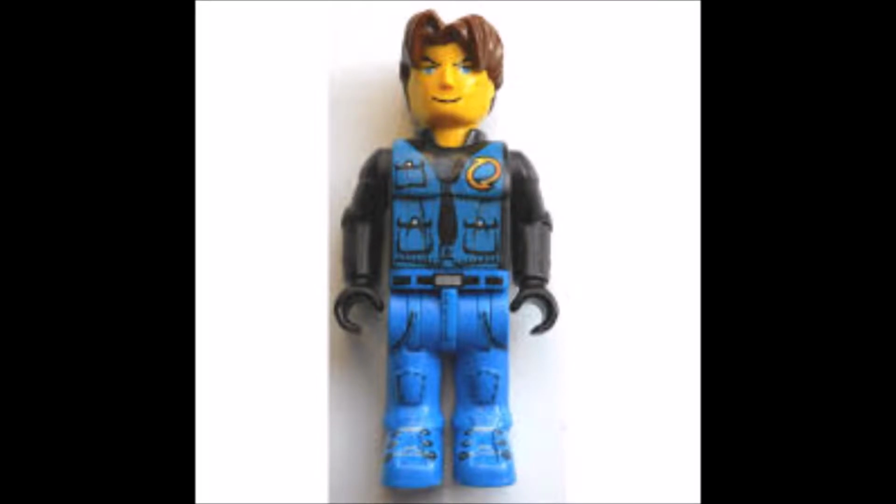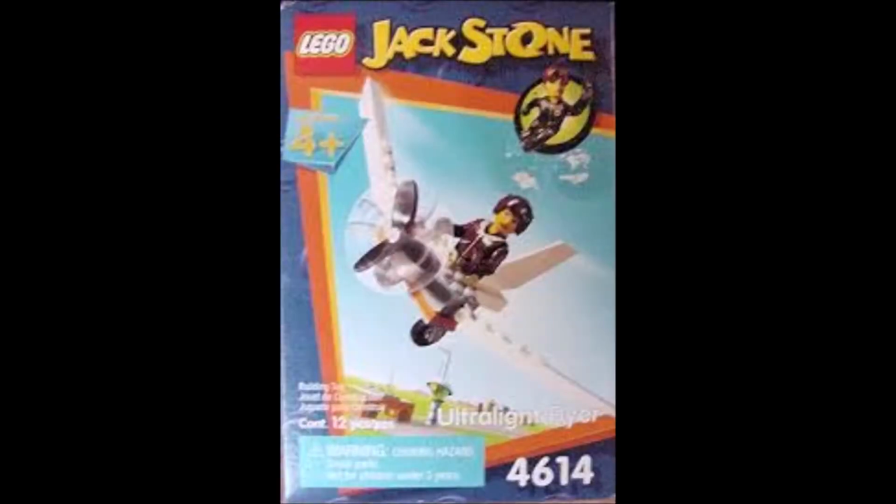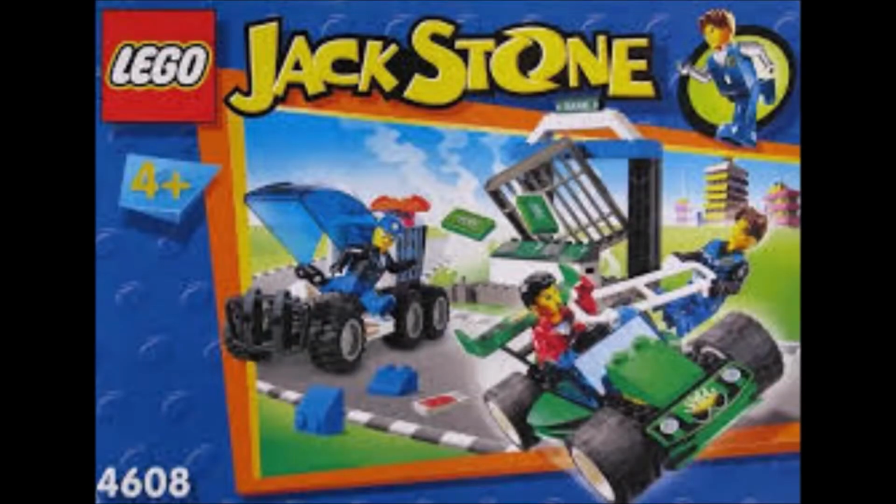The figures for this theme are kind of weird. The legs are too long compared to the rest of the figure, and the faces are really badly printed. In general, these figures are really low on quality and low on detail. These figures also have fingers moulded into the hands, which looks really weird on such otherwise simple figures. In addition, the builds for this theme are really weird and have some really odd shapes to them, and in general are way simpler than most LEGO builds, so overall the designs for this theme are way too simple and